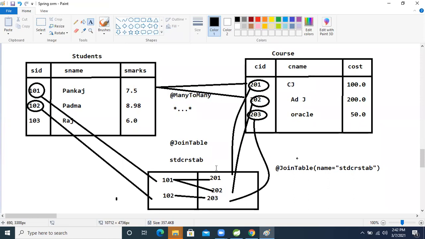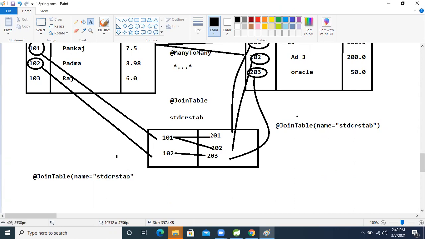Then we can understand, oh okay, this is the student foreign key row, and this one is the course foreign key row, right? Then we can understand this is the student foreign key and this is the course foreign key. So for that, let's understand what annotation we will apply.